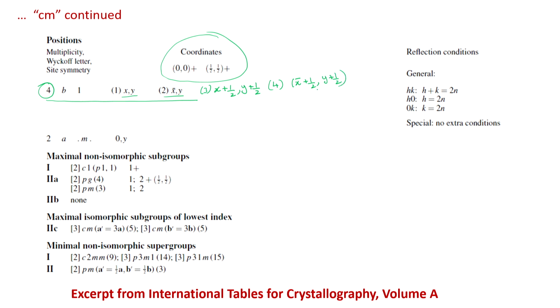So, this way I have the 4 coordinates, and you can verify that when you look at the plane group diagram. So, this is a general position. This one is a special position when your motif is lying on the mirror plane, and here it is 0 comma y, and then you can add half comma half to this, and you will get the second one half comma y plus half, and you can see that there is a multiplicity of 2. So, that takes care of this plane group.